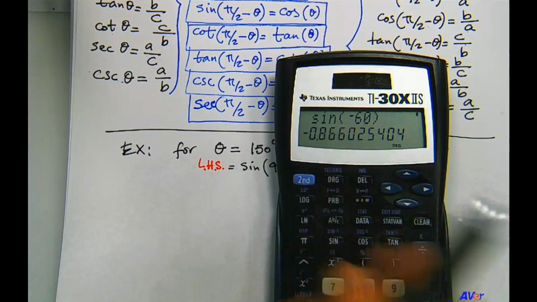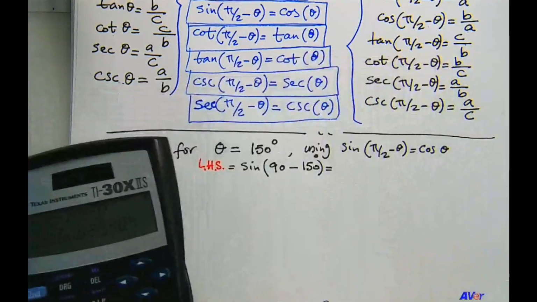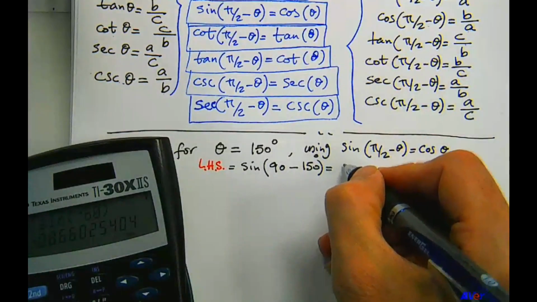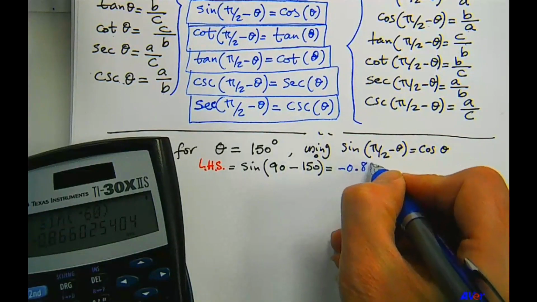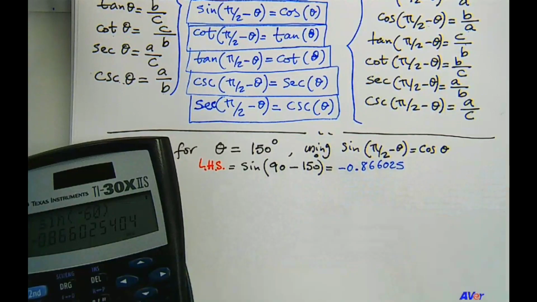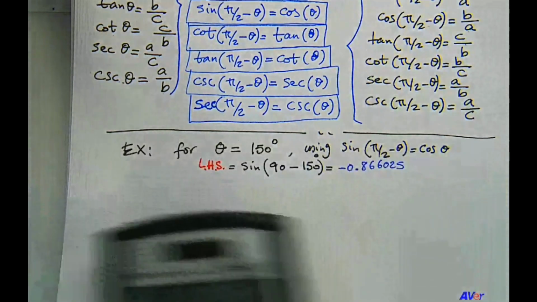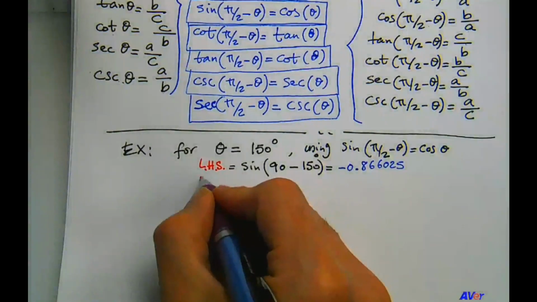I'm going to just stop at that point, but it's 0.25 and so on. If you want, we can write that down too. So that is equal to minus 0.866025. Okay, so now the right-hand side, which is cosine of theta,